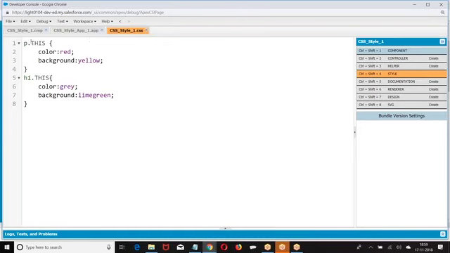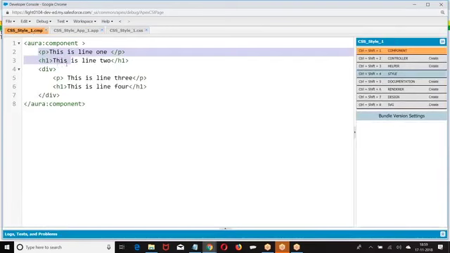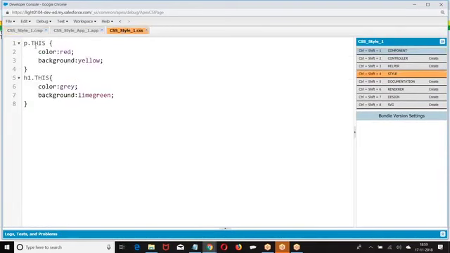Right. So go to the application, have a style. When you go to this, where is the style applied? This is line 1, this is line 2. Now how is this applied? Line 1, line 2. So if I give the style as P dot this, it is referring to the parent element style.